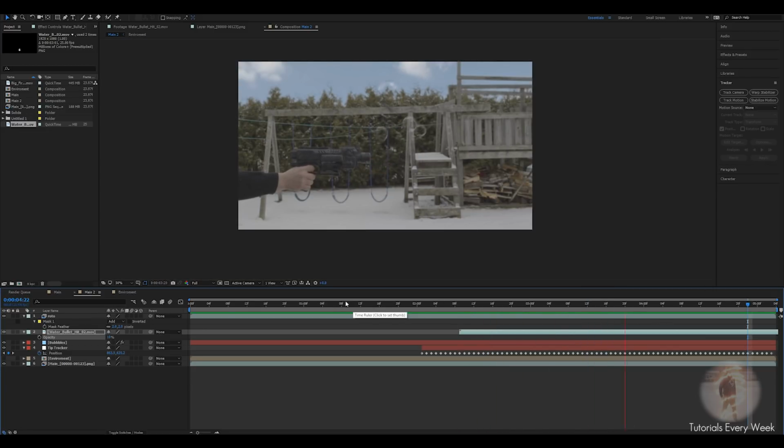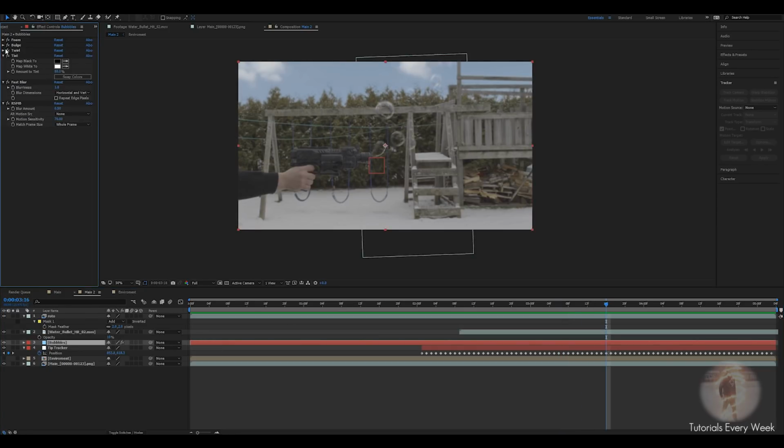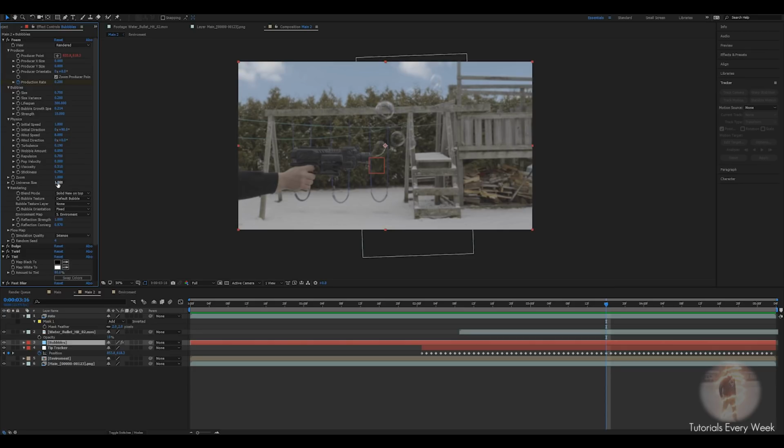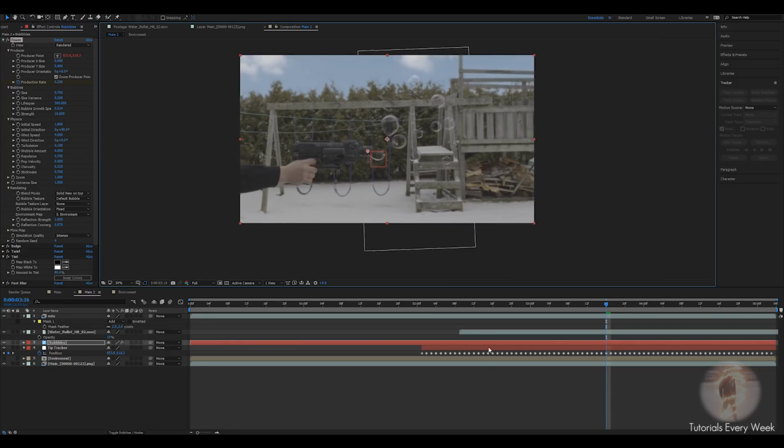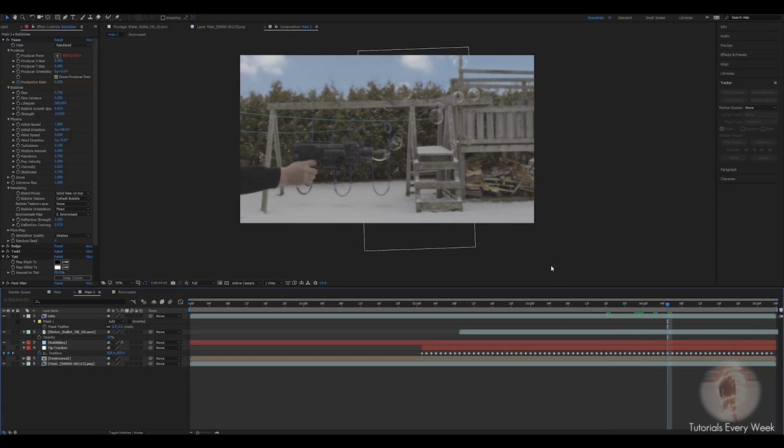Alright, and this is pretty much how the effect works. You can see that the bubbles are going up quickly. This is all by changing the viscosity. Back to the bubbles, foam, viscosity, and lower that a little bit so they're not raising as much. Same with the wind, you can change that to like say 4 so that the wind isn't blowing up, but that's pretty much how this effect is done and looks pretty good. Like I said before, I'll be making the tutorial on actually how to make the gun turn into bubbles very shortly, and